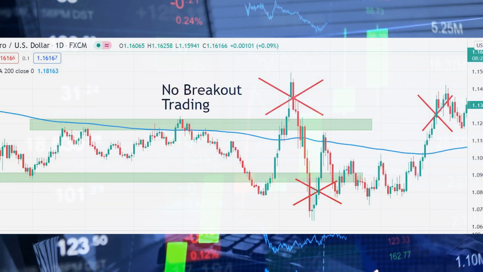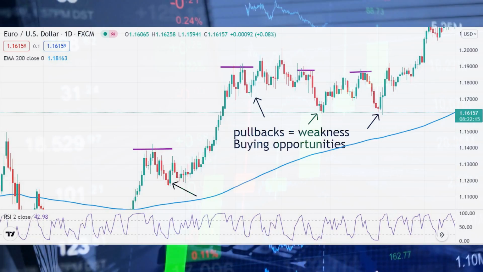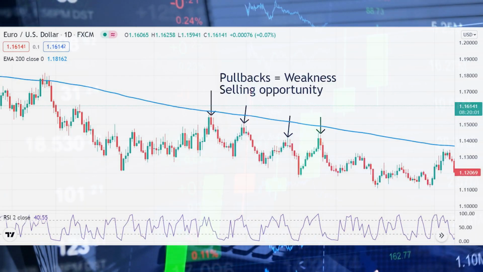This is not a breakout trading strategy. With this strategy, we are looking to buy into short-term weakness and sell into short-term strength. The reason we do this is that we are placing our trades with the bias that the market will resume its normal trend,